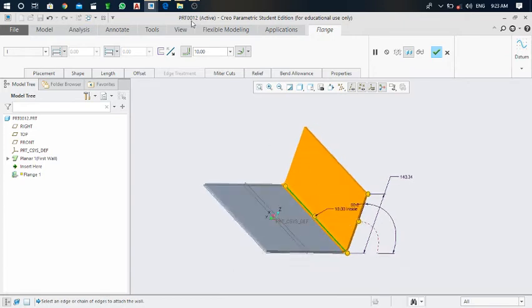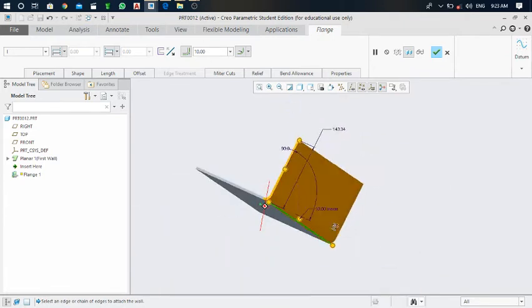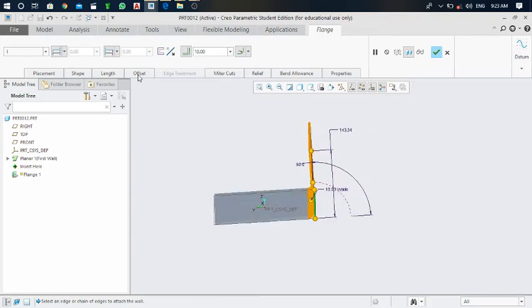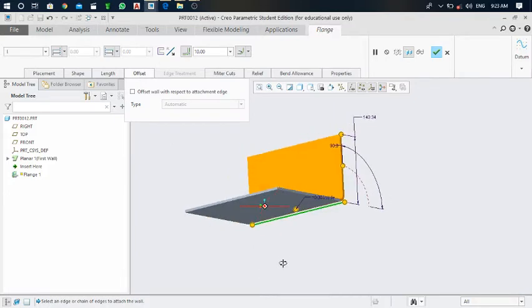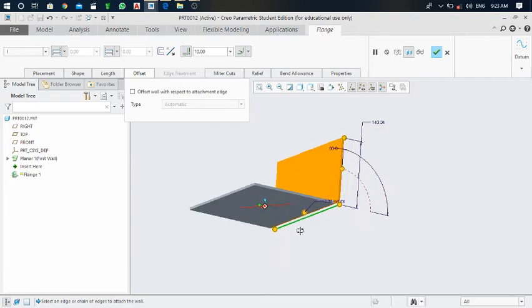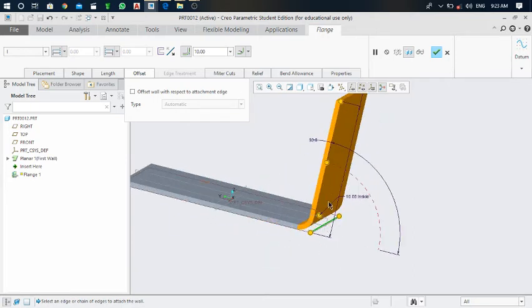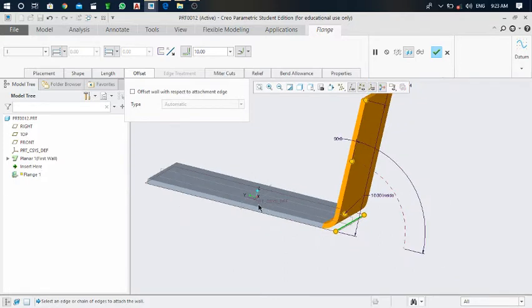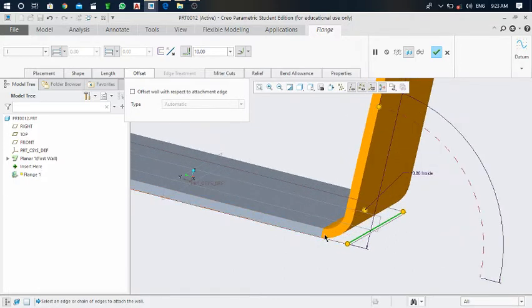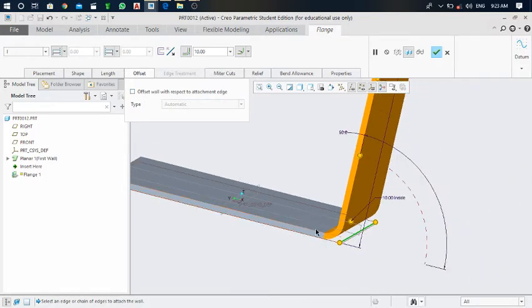Now here you can see there is an offset tool in the flange. So what is the purpose of this offset, we will see in this video. And here you can observe this flange is created on this primary wall. Here you can see the joint with bending radius of 10. Now what is meant by this offset? If someone would like to make this flange out of this primary wall or on this primary wall, you can do that. Click on this tick mark.